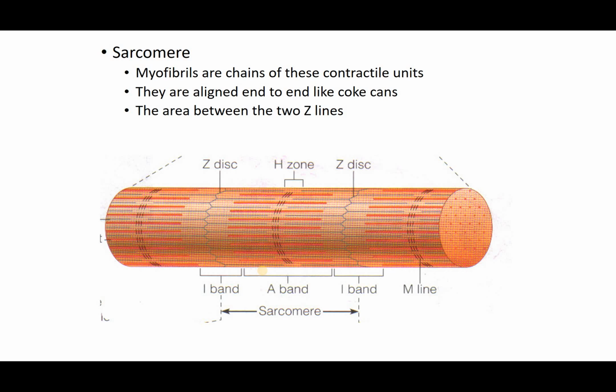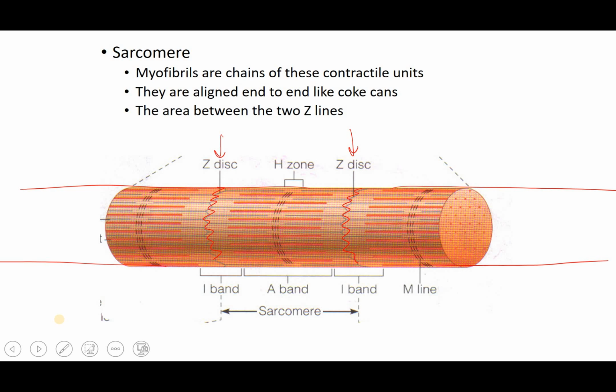Alright, zooming in to the sarcomere. Now keep in mind, the whole thing, that long raw spaghetti strand, would be the muscle fiber. And we're zooming into a part of it called the sarcomere, which goes from Z disc to Z disc. And here they are, Z disc to Z disc. Okay, and there I'm highlighting